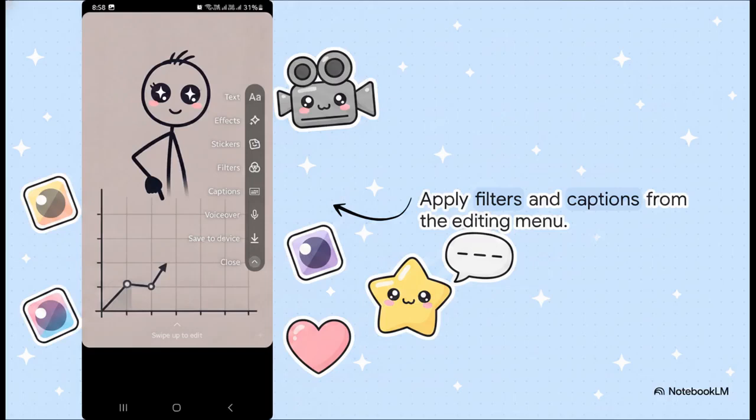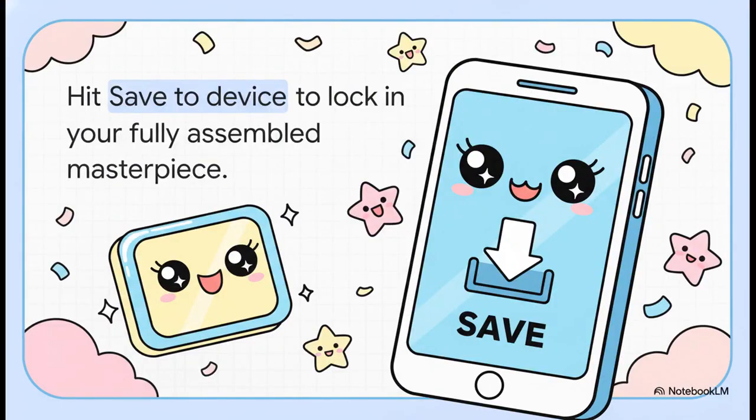Using this menu, you can easily apply visual filters to give the whole video a consistent color grade, which is a great trick for masking any slight visual differences between your generated clips. You can also generate automatic captions with a simple click, which, let's be real, is absolutely vital for short-form video retention these days. And of course, you can add text or stickers to really finalize the aesthetic. And finally, the most satisfying step of the entire workflow. Once your captions are in place and your filters are dialed in, you simply hit Save to Device. That's it. You're fully